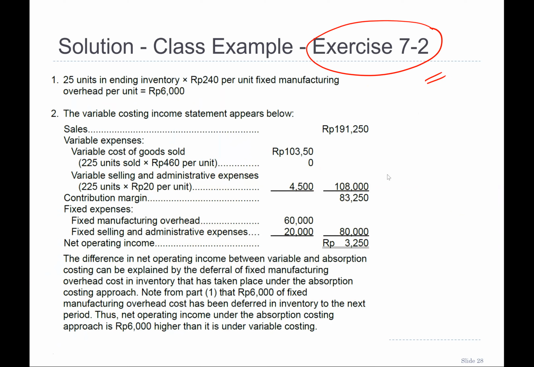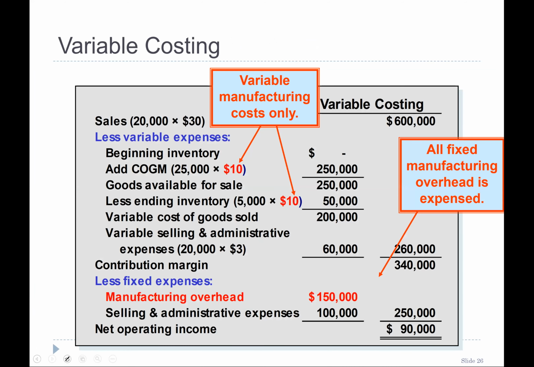Sir, I have a question. Yes. So we made a mistake after sales minus the variable expenses, and in our case, variable expenses was like 120,000, which wasn't right. Could you repeat that? What mistake did you make here? When you included already 460, for variable costing, it was already included here.